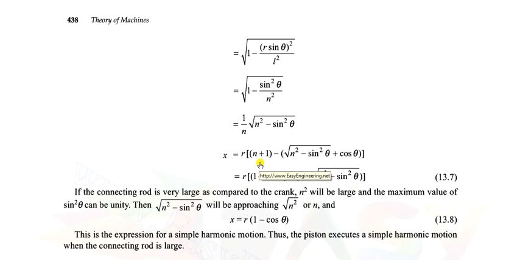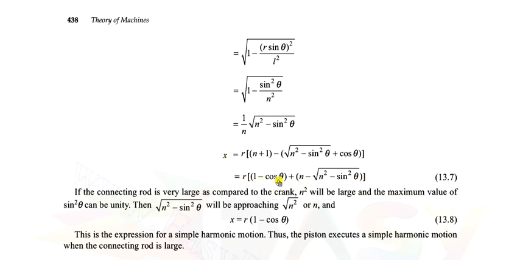After rearranging it, this N he brought here, and this cos theta he took here, so R times 1 minus cos theta. How is it minus? Because it is under a bracket, so if you open this bracket, it will come minus cos theta. So 1 minus cos theta plus, in bracket, n minus square root of n square minus sin square theta. So this is the relation.